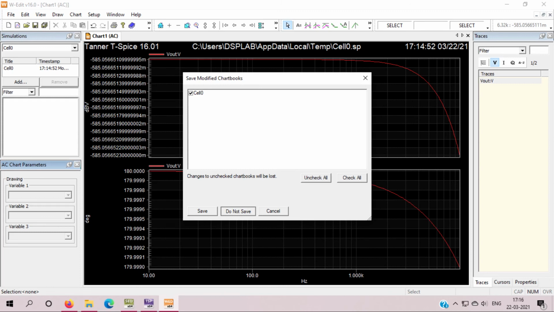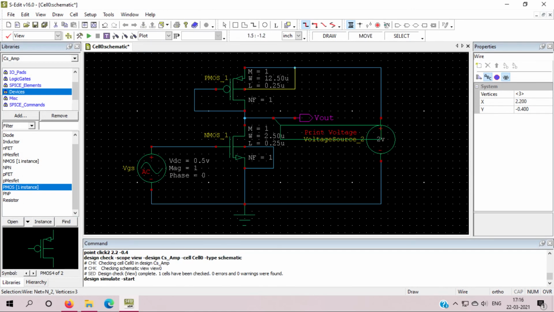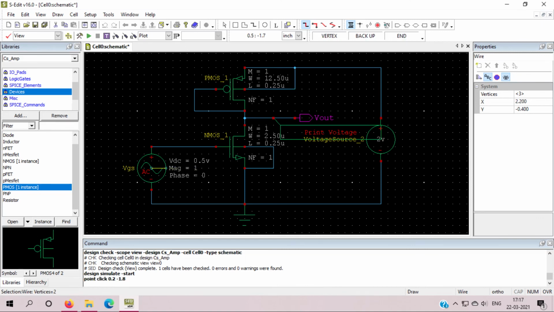So what things can you change to increase the gain in a common source amplifier? Those things are width and length. The main thing is width and length you can change. You can play with the VDD, but it doesn't matter. You can play with the VGS also, but not very much.